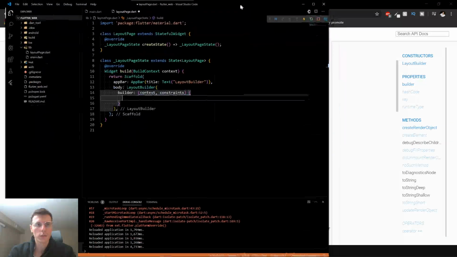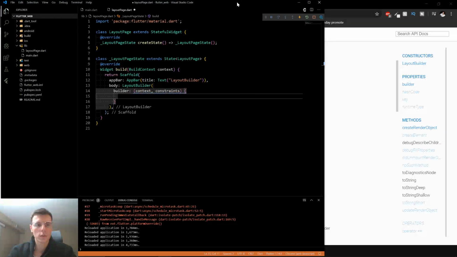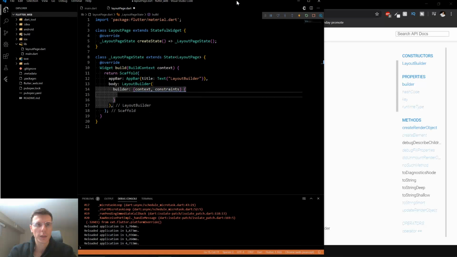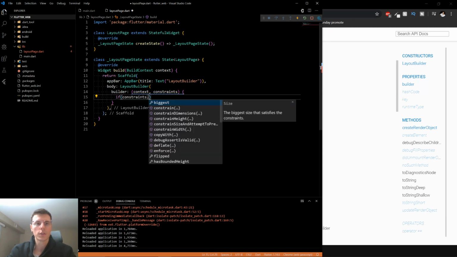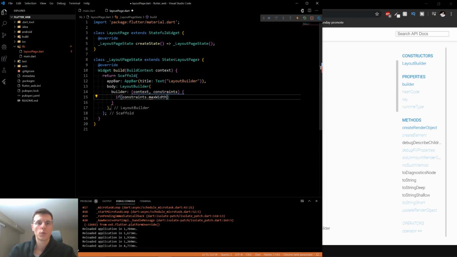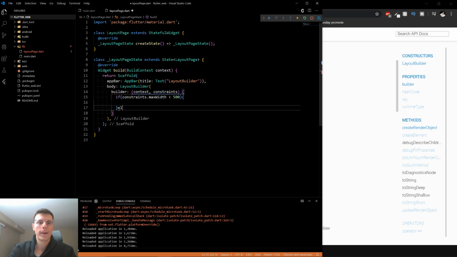Yeah. All right. So let's try to make the same screen we did back there. So if constraints dot max width is less than 500, else